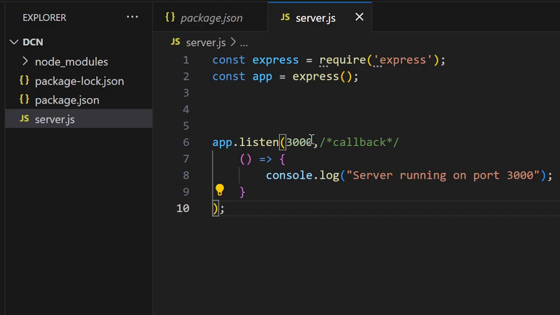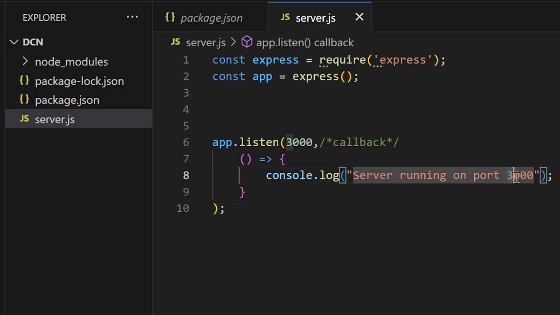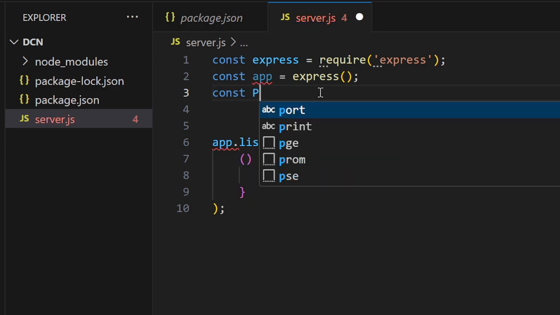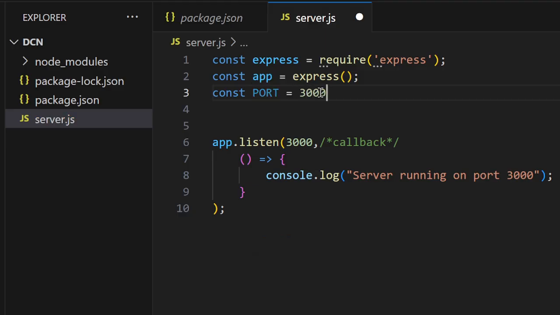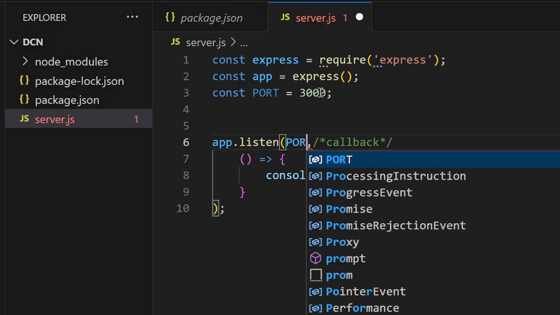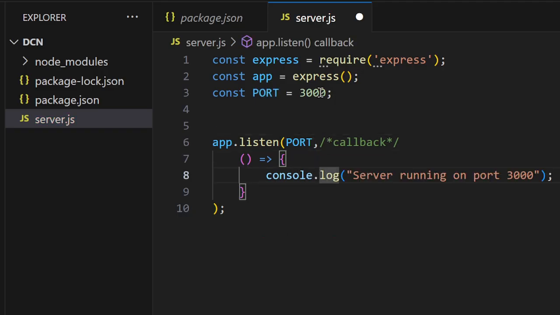Now typically you don't want to put this port number like this, because this is kind of hard coding of the port number. So to make it flexible, we want to have a variable, a constant, port equals 3000. You initialize like this and use that variable here. Sometimes you may want to change this number, so that has to be also changed in this place. And for that